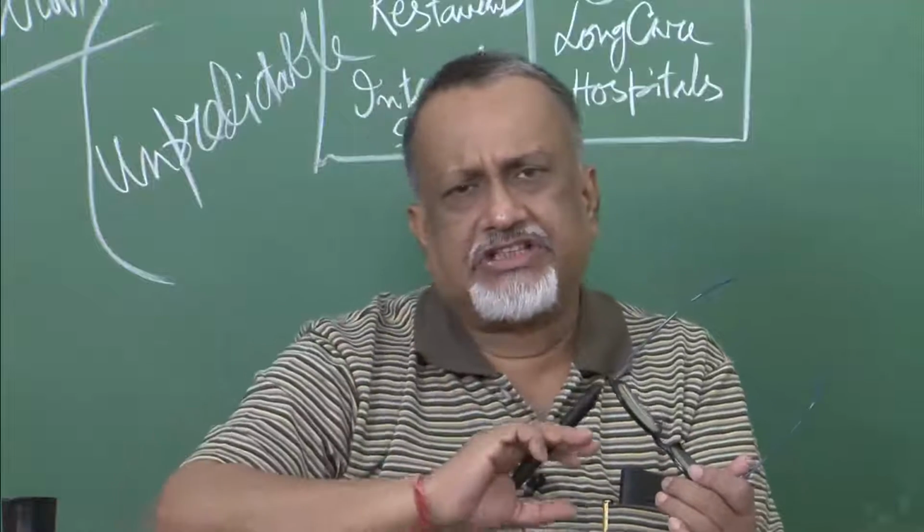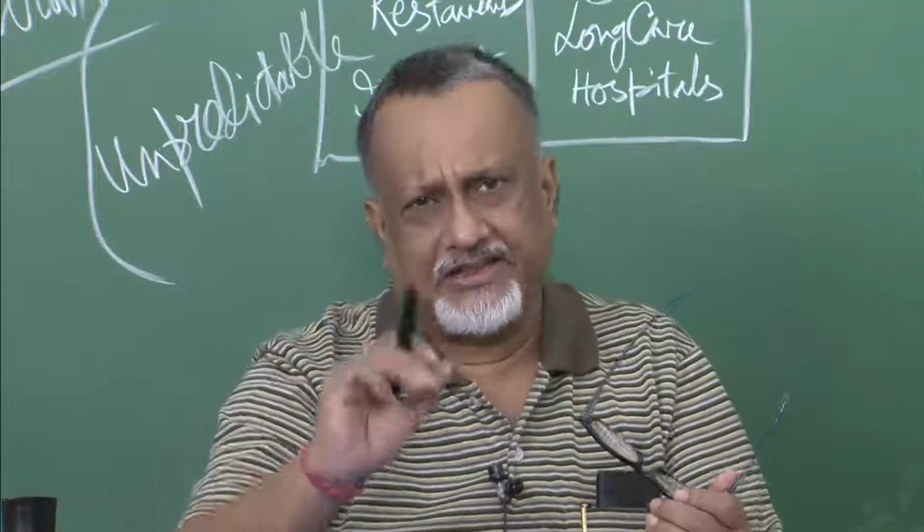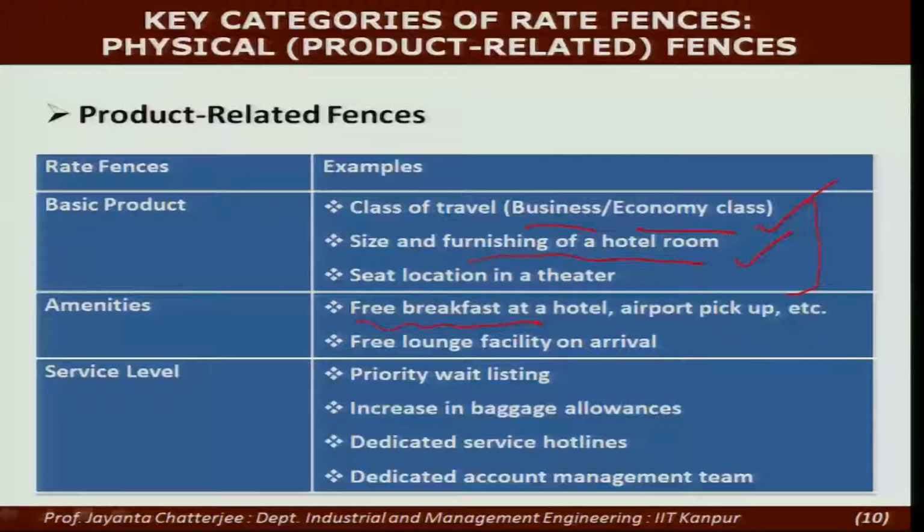So the core service is the travel from Delhi to London, and in that core service there can be product based fencing, which is class of travel, etc. There can be fencing based on amenities, which are the augmentation or supplementary services, or it could be even with